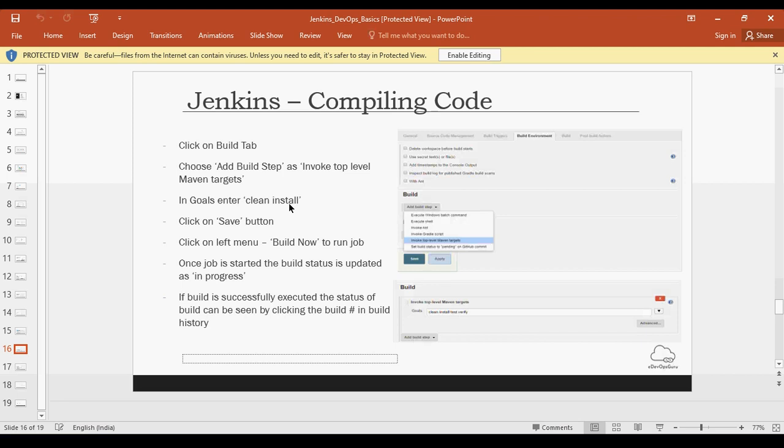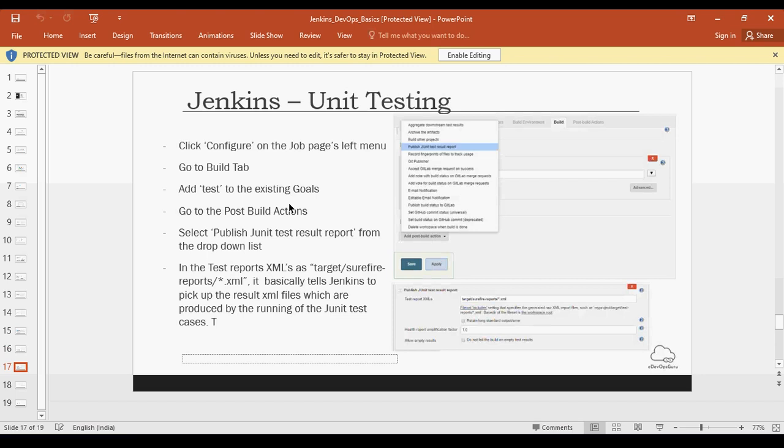So depending upon different scenarios, the build status is updated. If the build is successful, it will show you the status in build numbers. Build is a concept where if you run a particular job multiple times, it creates new builds. So you can see the previous builds and their statuses. We will see it a little later.